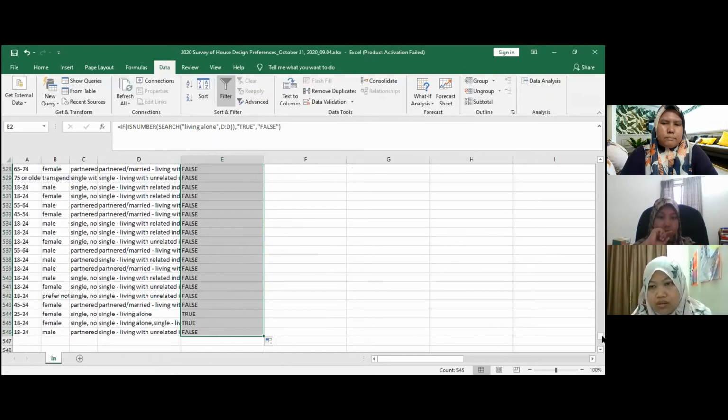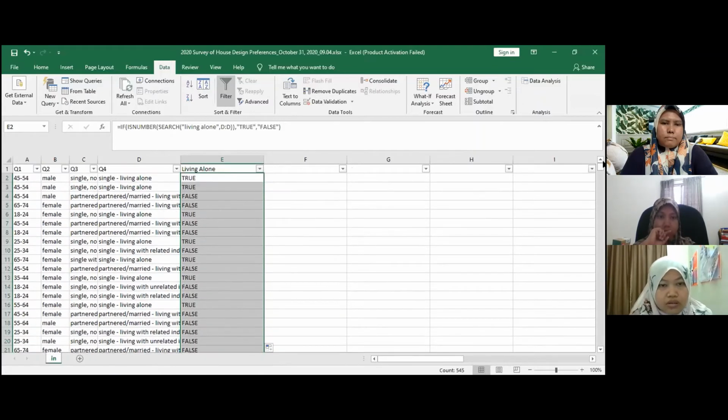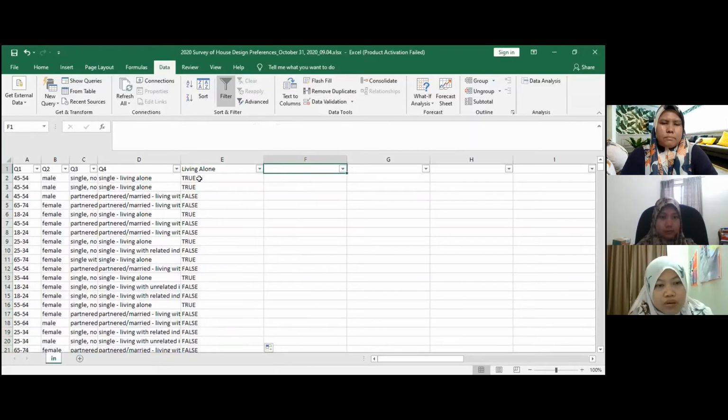So you can see this is the result for living alone, and then we have to do this for each column to check what other attributes we can build from this column. So I think that is it for the demonstration.